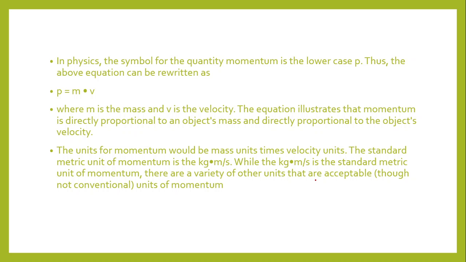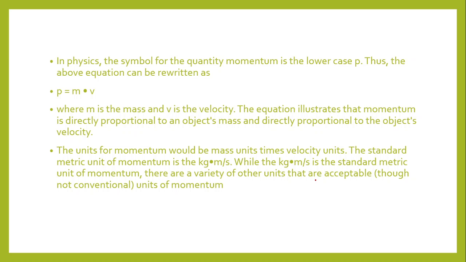The units for momentum would be mass units times the units of the velocity. So it gives us kilograms meters per second. The standard metric unit of momentum is kilograms meters per second, while these are the SI units. Other units are also acceptable, and there can be a variety of combinations of units that can